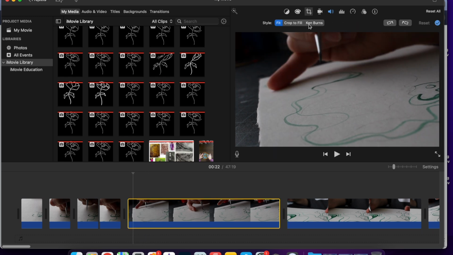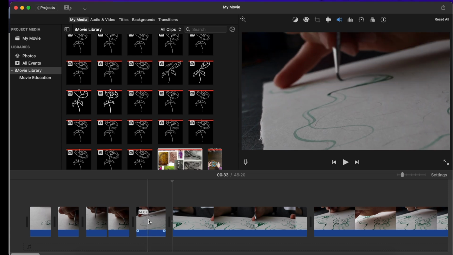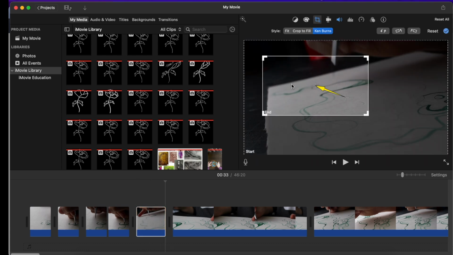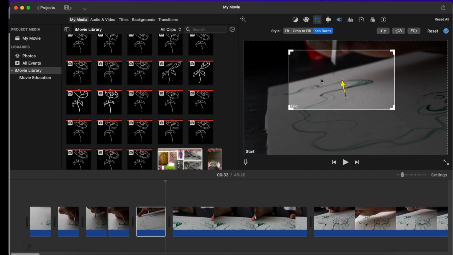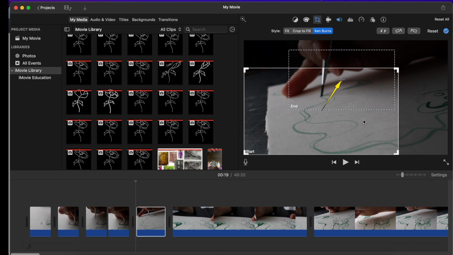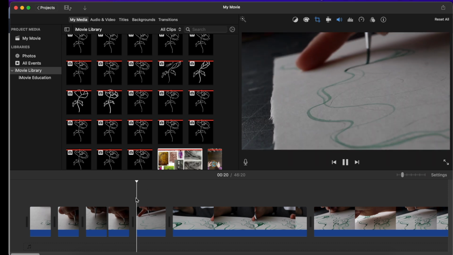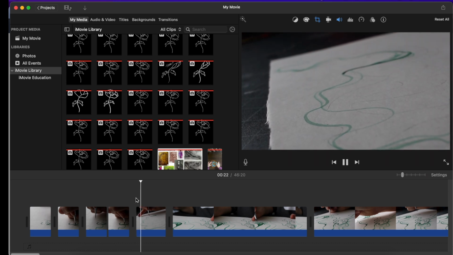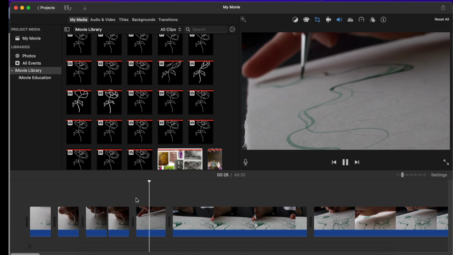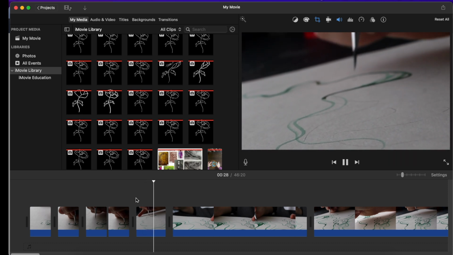There's another thing called Ken Burns. This works a lot better on a smaller clip. It might automatically have something, or you can move it around and have a different starting position. Maybe you want to start in the corner, and then it shows you where the camera will pan to. I like to try it out, see if that's something I'm really into, to make it more of a dynamic shot, not still, not stagnant. It looks pretty